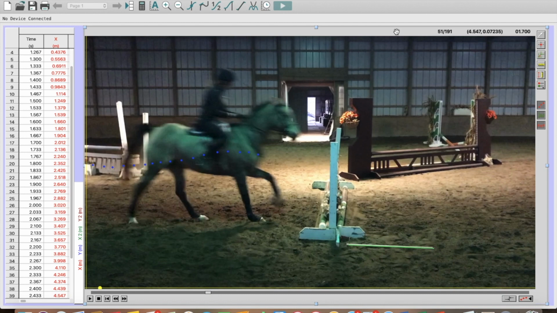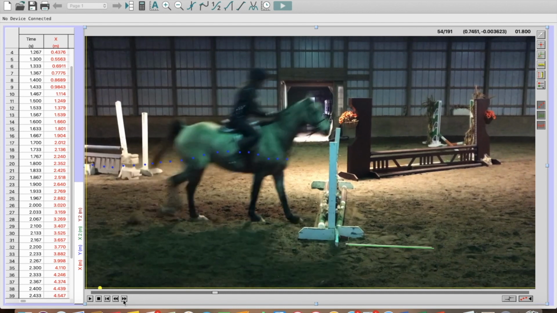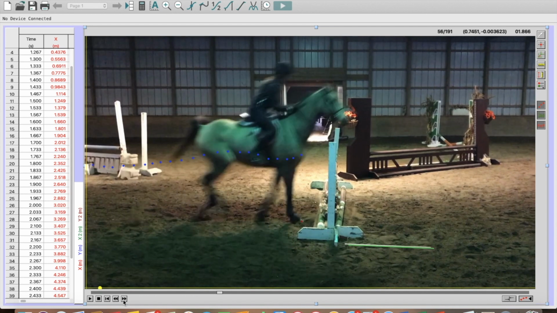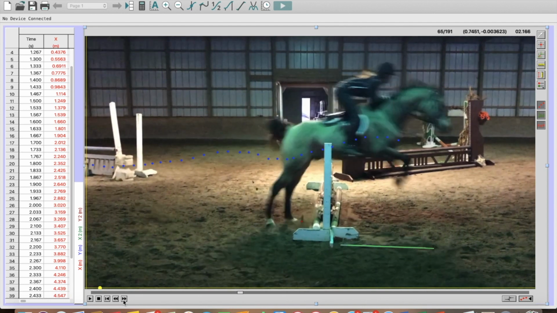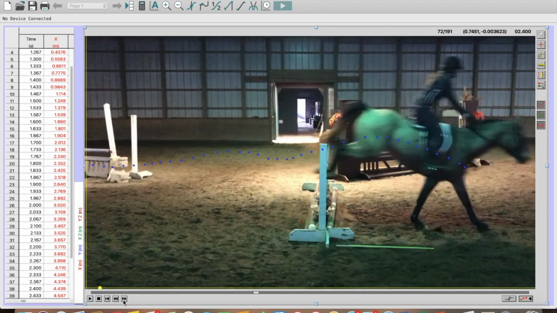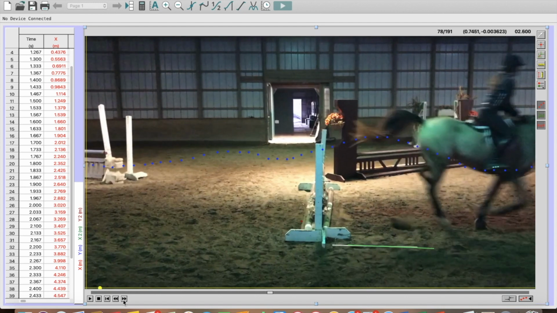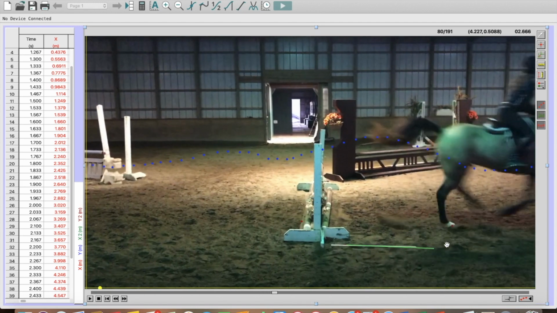Okay, now that I've shown an ideal jump and then a long jump, I want to show what happens when there's a short jump. So I did the same process, and you can see his hoof right there, a red data point was placed. Frame by frame, I went over the jump, and there. And you can see the other red data point that I placed prior. I connected the two and found that the total jump distance was